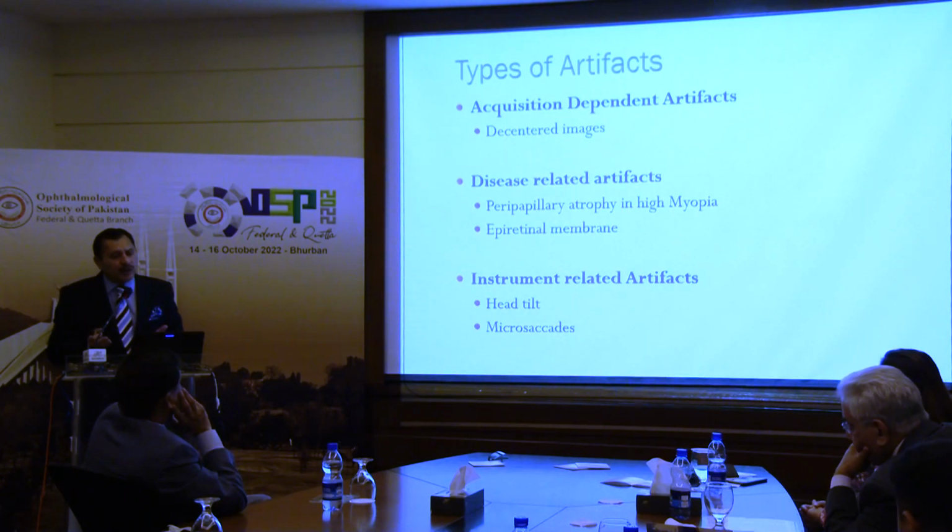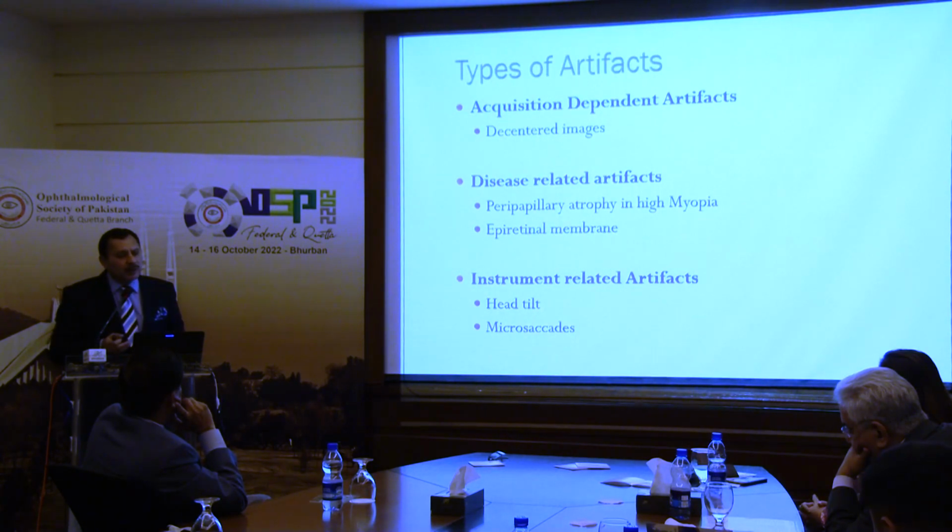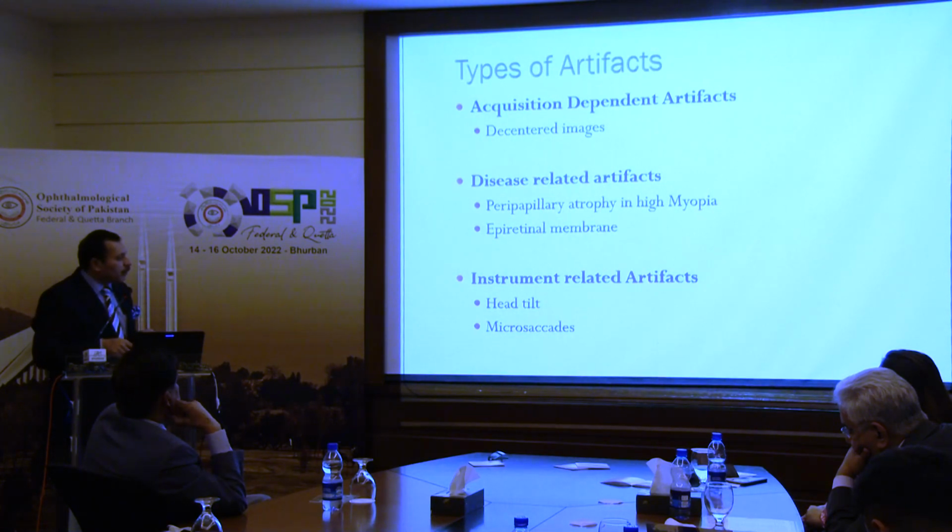वो डैमेज आ रहे हैं, तो जब वो 3.4 उसके गिर्द लेगा तो वो उसको एबनॉर्मल ही लेगा, ठीक है, और आपको रिपोर्ट दे देगा कि एबनॉर्मल है। आपने जज करना है कि क्या चीज़ है। फिर इंस्ट्रूमेंट रिलेटेड है, हेड टिल्ट है पेशेंट की, माइक्रोसेकेंड्स हैं जिनकी वजह से रिपोर्ट ठीक नहीं आ रही।